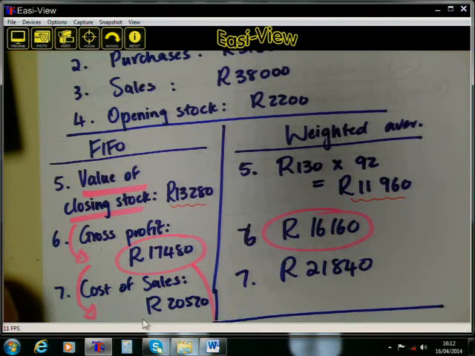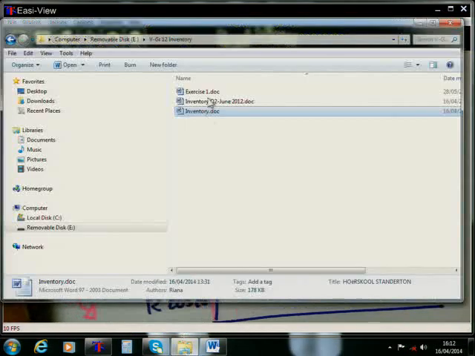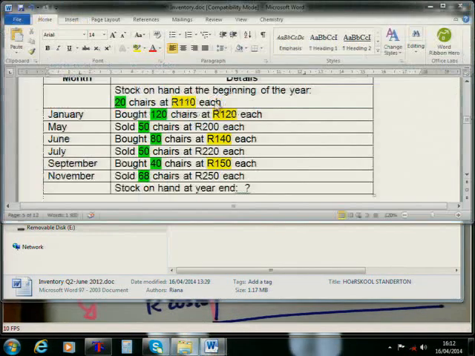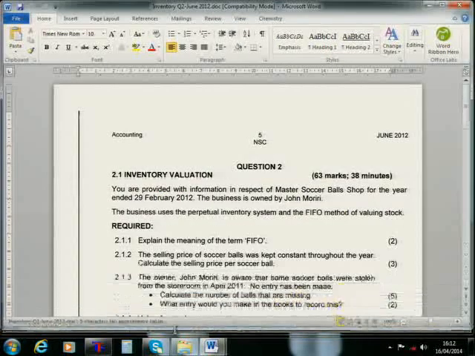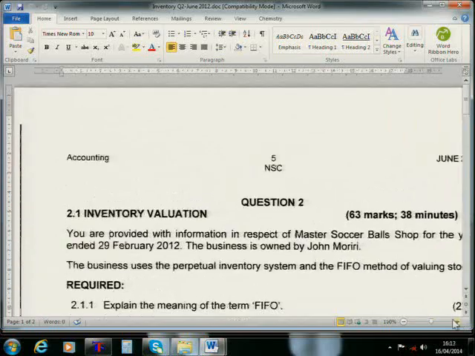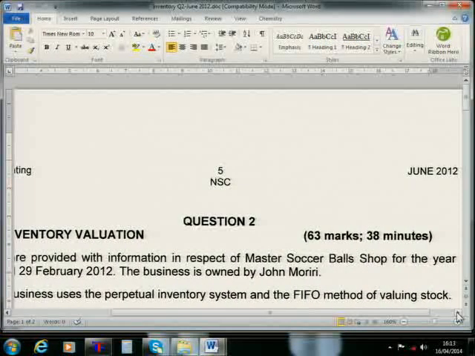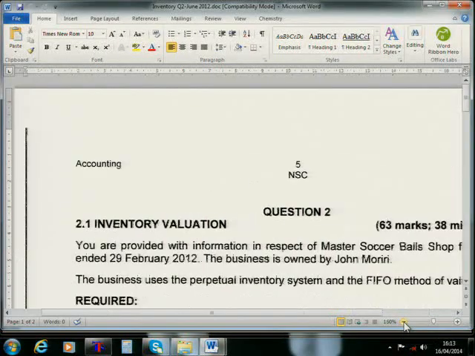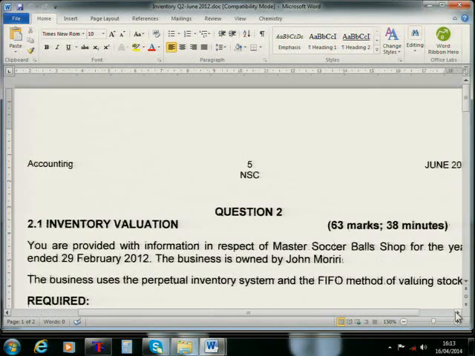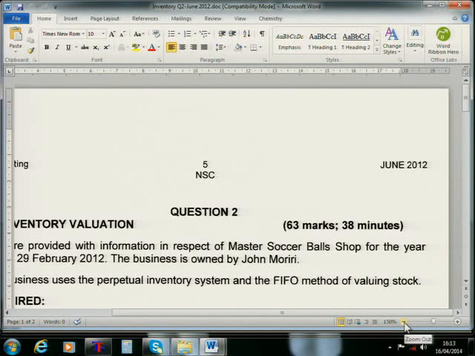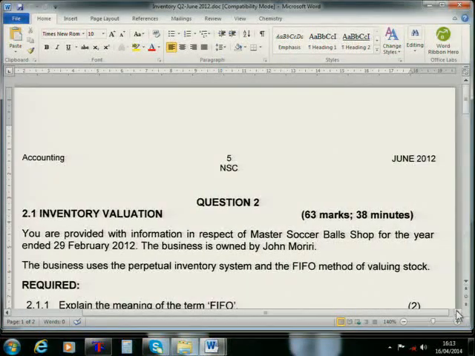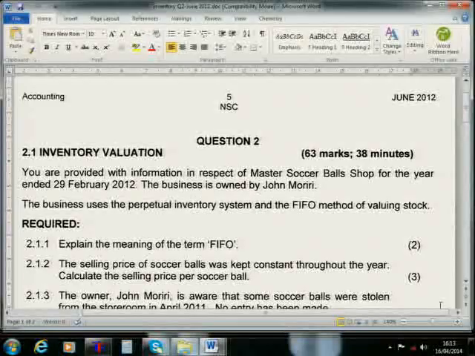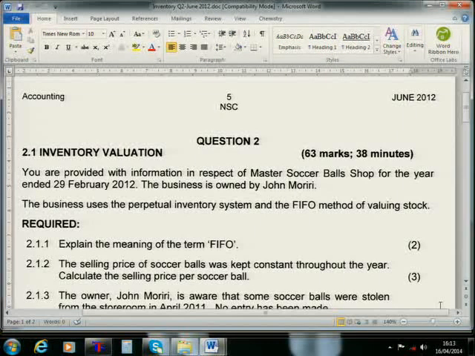I've got a question paper here. It was June 2012, it's question 2, and I'm going to try and see if we can quickly sort this out. If you've got a piece of paper with you, please use it. You can try to work with me. Let's see what we can do. Okay, this was question 2, and this was June 2012. So I only want you to concentrate and see if you remember something.